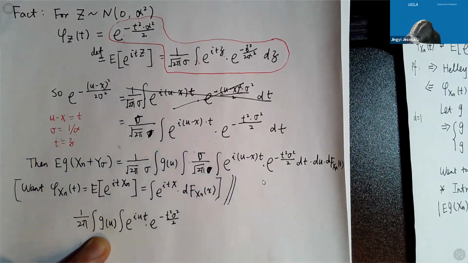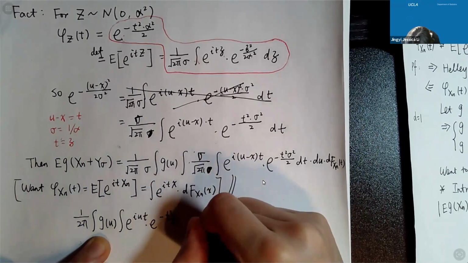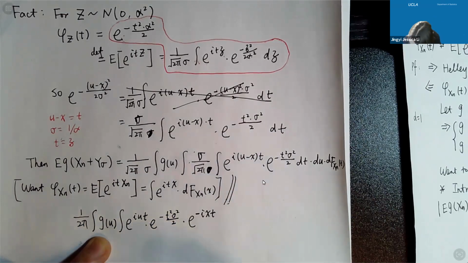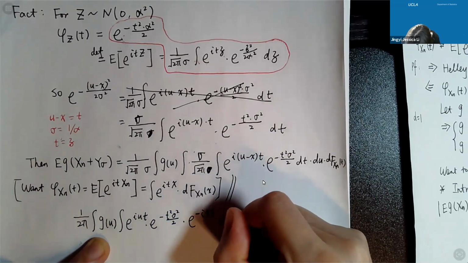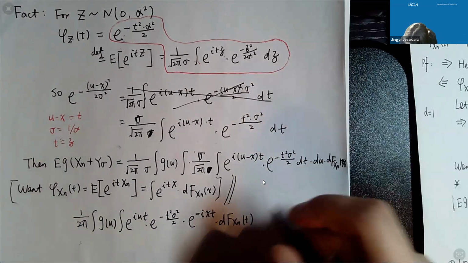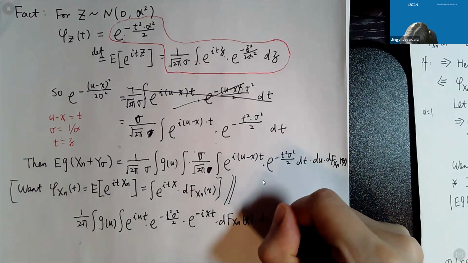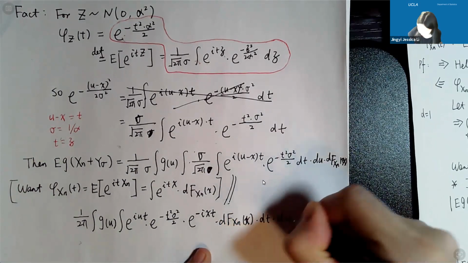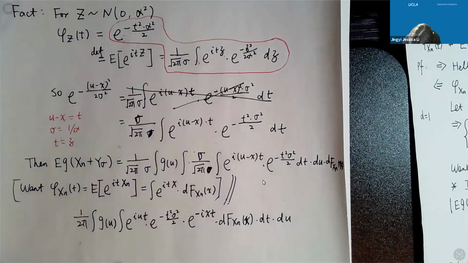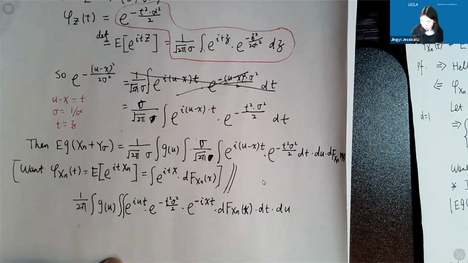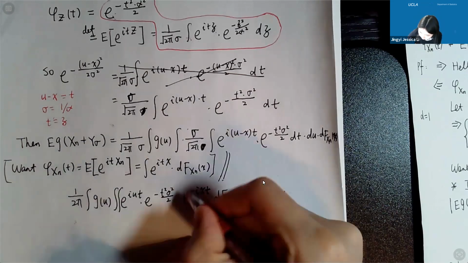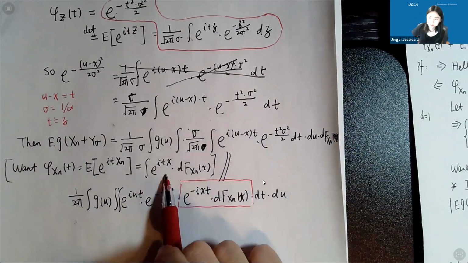And I have exponential negative ixt, and then dF_Xn(x), and dt and du. Sorry, not tx, my bad, I think this is a wrong thing. Okay, so that's it. Here I need to put things here. I need triple integration. But one thing can already be getting out. That is this part. You see, this part is essentially what I have in the definition of